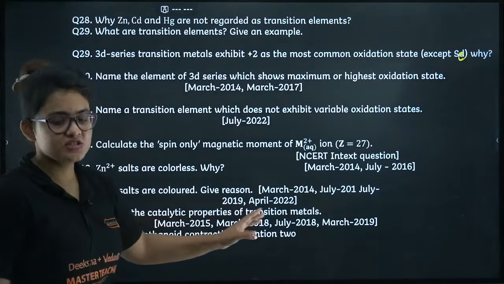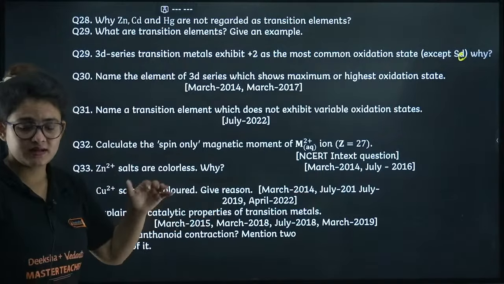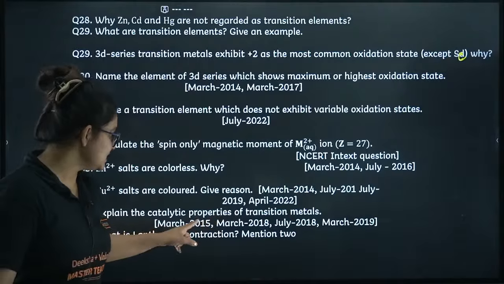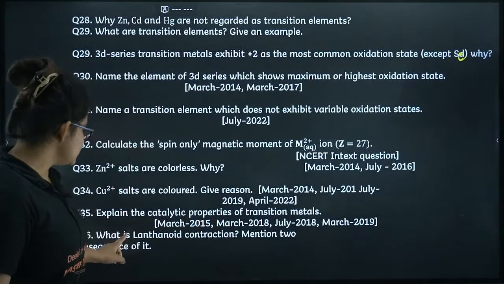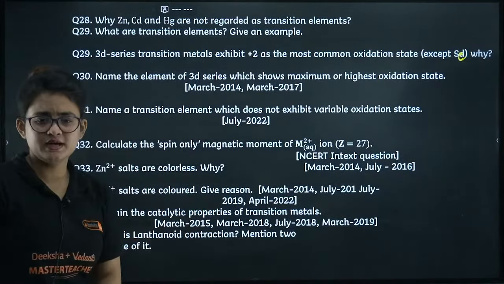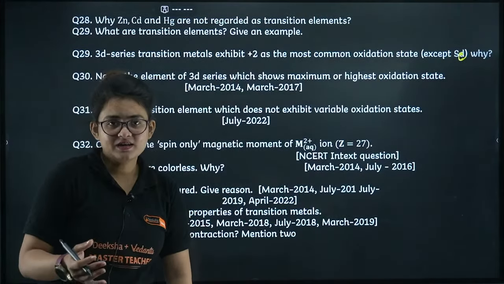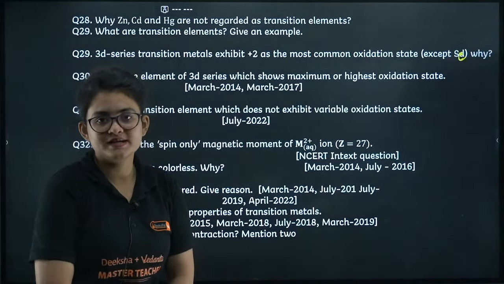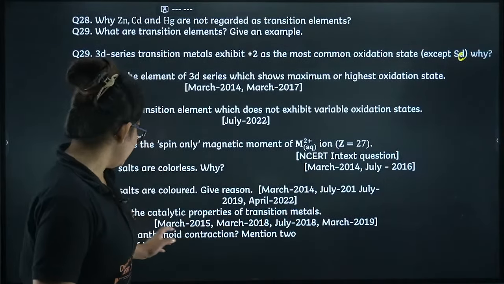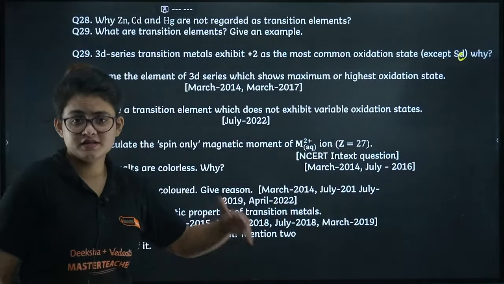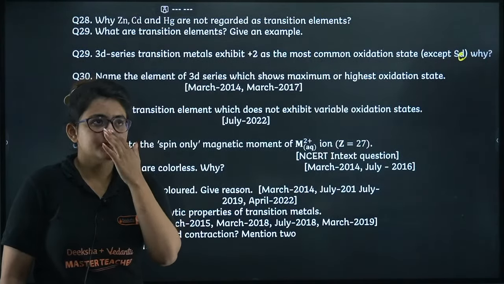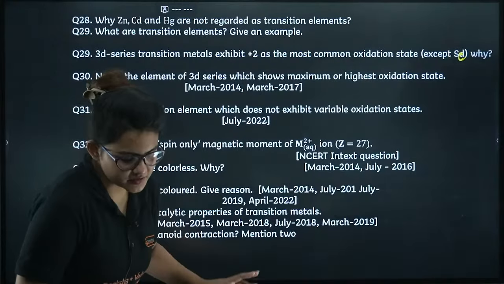Explain the catalytic property of the transition metals. This is just because of having so many variations of the oxidation state. That's the reason it shows catalytic properties. Next, you can see what is lanthanide contraction. Mention two consequences. As you know, it is the gradual decrease in the radii because of the poor shielding effect of the d and f orbitals, that is the lanthanide contraction. I guess you know this. Any two consequences you can write out of it: zirconium and hafnium are chemical twins, right, and the basicity order, that also you can mention.